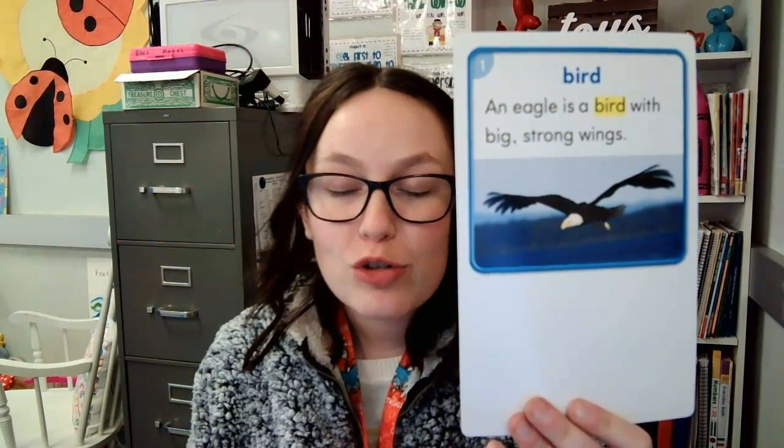Okay, let's get started. So, to start off our video lesson, I wanted to introduce our new sight words for this week. So, I'm going to be doing this using our context cards. Now, we usually see these on the screen in our book, but today I'm going to show you from the card. Our first word we are going to be learning about is bird. Bird. This says, an eagle is a bird with big, strong wings. So, the word is